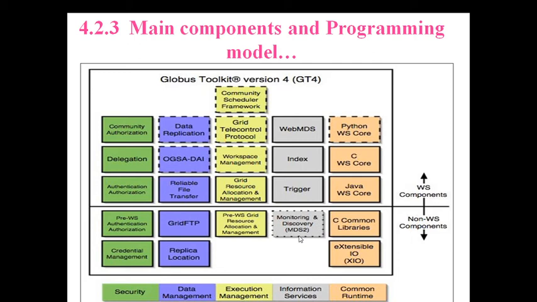Okay, next, common runtime. Common runtime means for any application they are going to provide the common service only. With this, any type of language we can use for your service. So these are the common runtime. So these are the four things by which we can perform grid services in an effective manner.